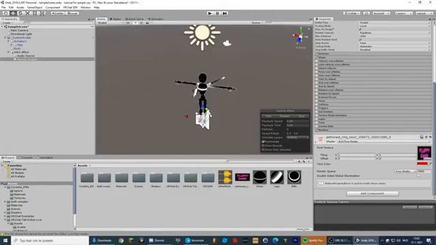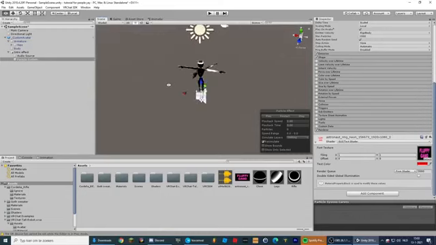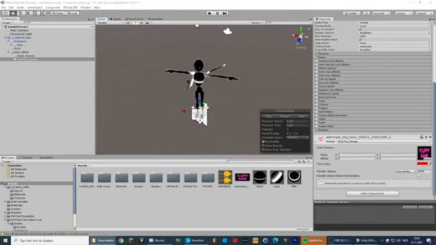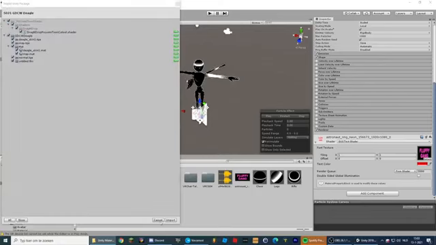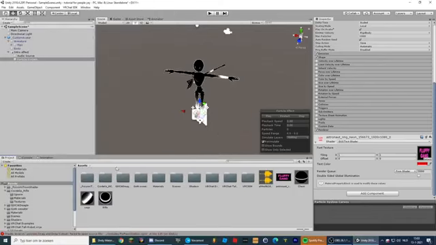Okay, so let's say you want to make an animation where you're holding something. Like you want to hold a gun that shoots or doesn't shoot. Doesn't really matter. I'm gonna just do a simple tutorial on how to hold a weapon, which is very simple actually. So what you do, you take a weapon you want to hold. I'm gonna be using a deagle. I want my avatar to hold a deagle. So you drag it in,